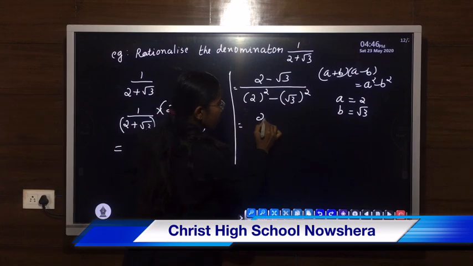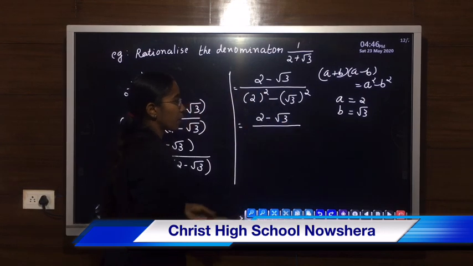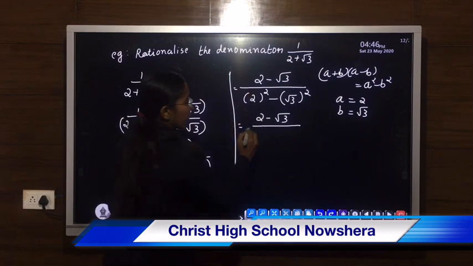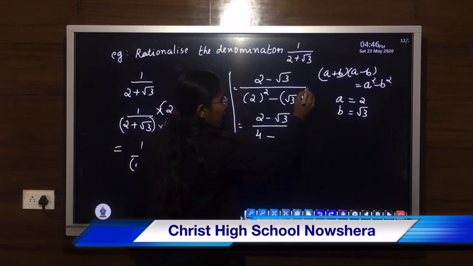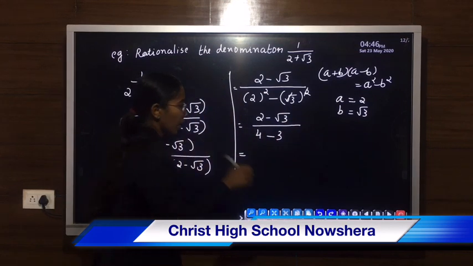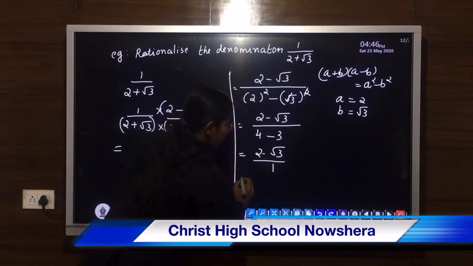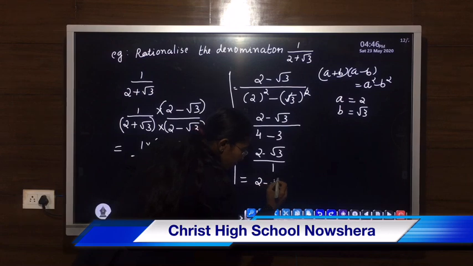That is equal to 2 minus root 3 divided by 2 square. 2 square means 2 multiplied 2 times, 4, minus, we can cancel this square and root, so that is 4 minus 3. 4 minus 3 is 1. That is 2 minus root 3 divided by 1, that is equal to 2 minus